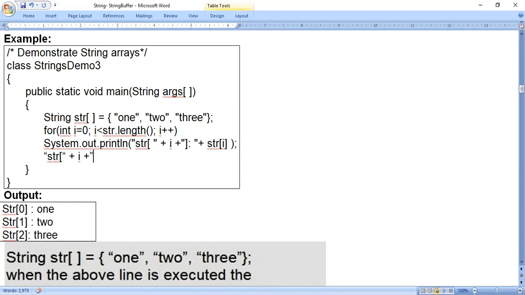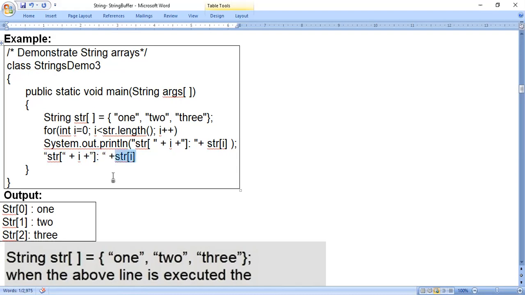So put the double quotes, put the right bracket, the closing bracket. Again the colon comes in the string, put the colon, leave one space, close the double quotes. And whatever value you want, that is at location 0, again you take it as a separate, like plus str of I, like this. Understood? So str with left square bracket, put in double quotation marks. I write it separately, that means combine plus I, again plus right square bracket colon with the double quotes, and the value you are printing, write it separately.